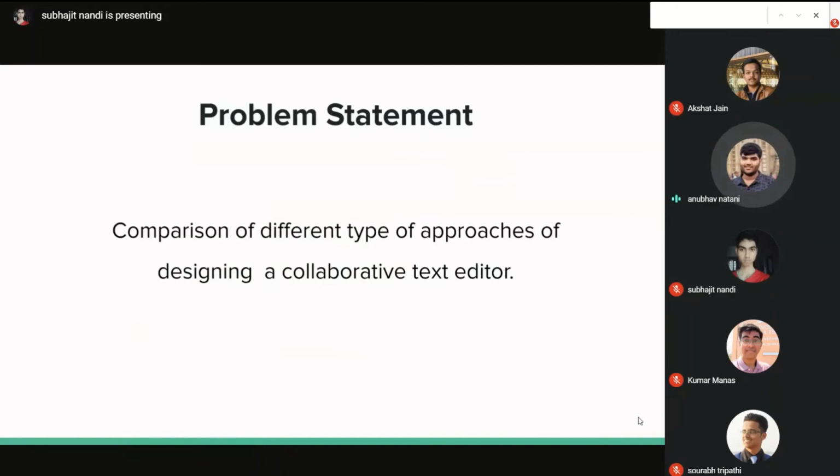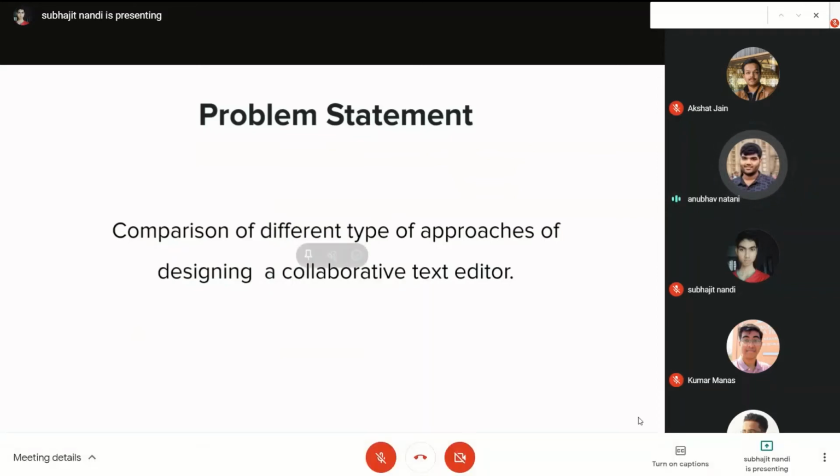So the main aim of our project was to create a SaaS application which enables real-time collaborative editing, simultaneous editing and live editing of the same document by multiple users. And by implementing the whole collaborative text editor, we came across several research papers and approaches to develop it. Lastly, we have done research work comparing several different approaches of creating this collaborative text editor, and we have made our own implementation of the same.